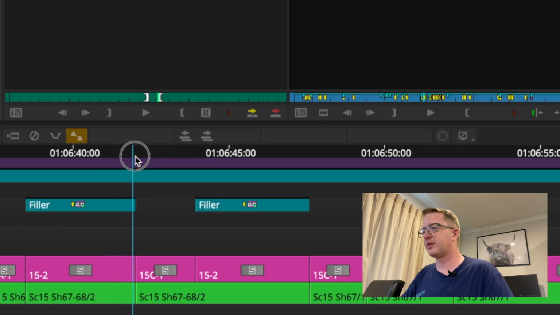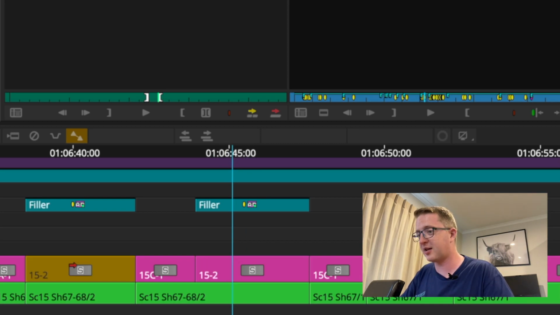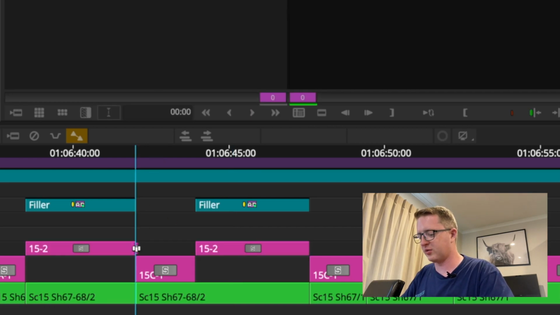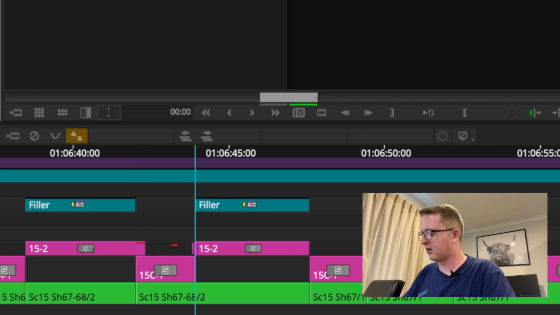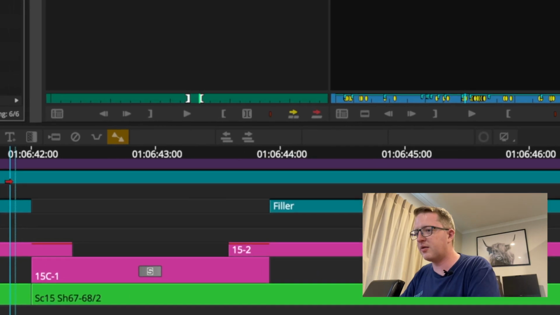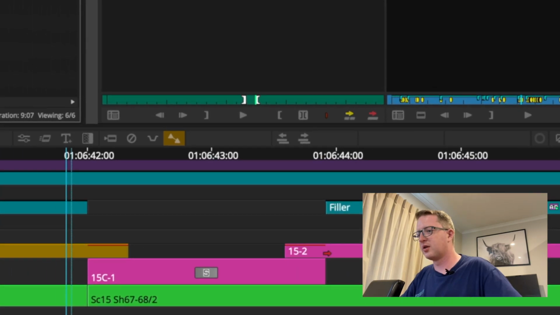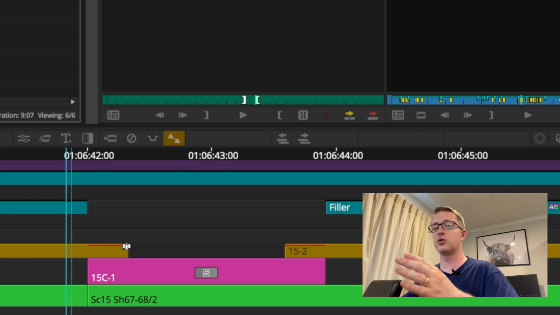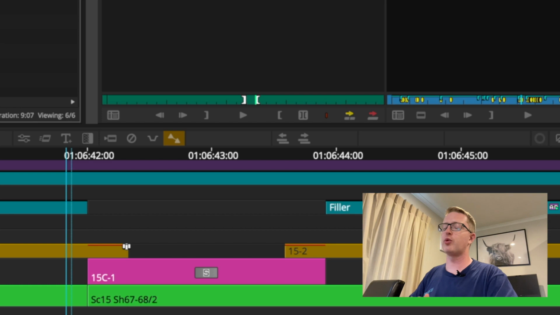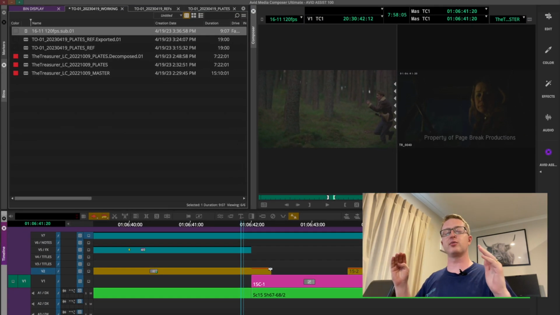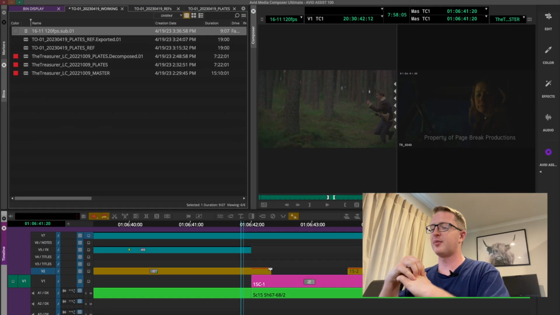Now we're jumping back to the same shot, and we're actually jumping back to the same take. If I bring these up and add my handles at this end, and I go +8, and then -8, if these portions were to overlap in any way, like there's repeated frames, including in the handle area, then when we run our decompose, it's going to link them to the same source clip,